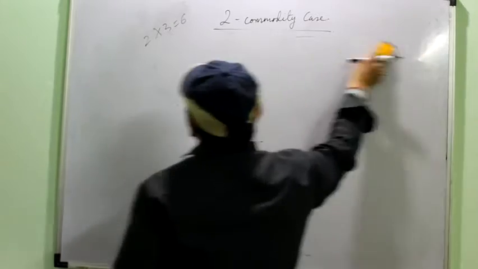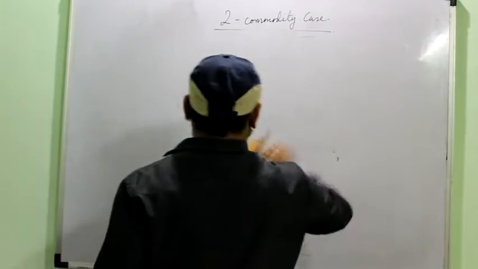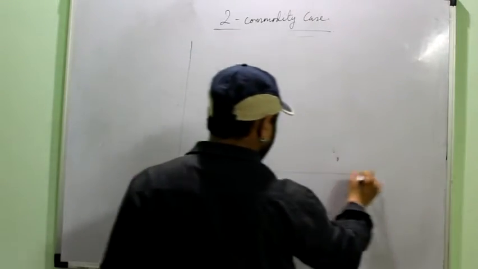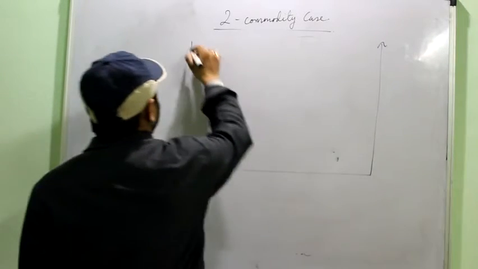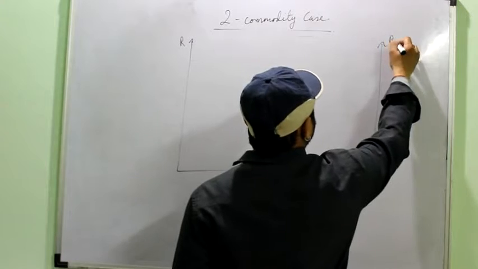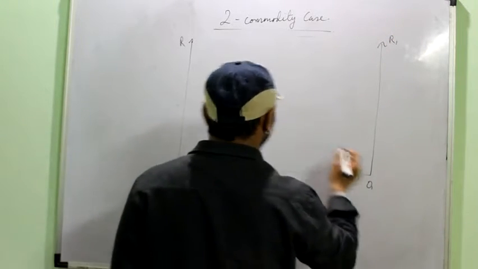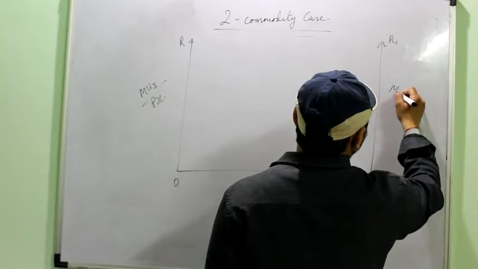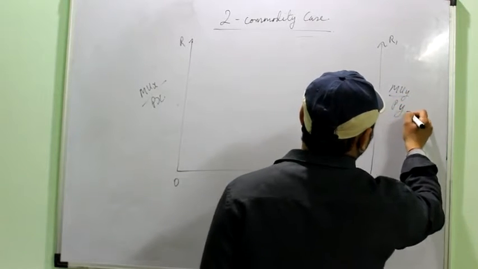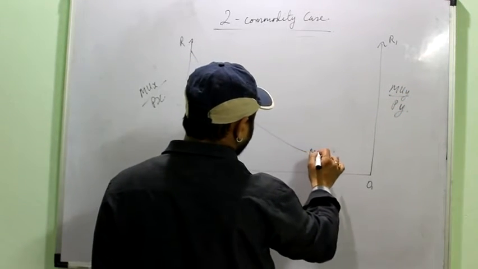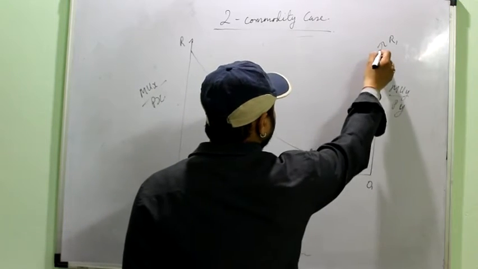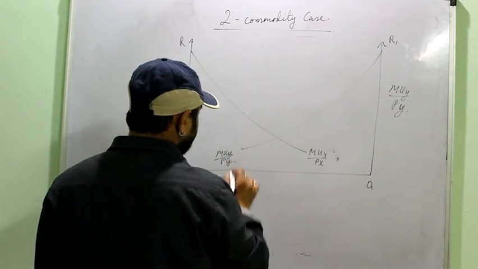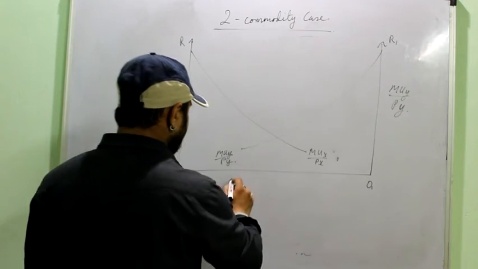Questions can be framed from here. Then if we look at it diagrammatically, on one axis I show MUX upon PX, and on the other axis I show MUY upon PY. See, both of them would be decreasing. They would be decreasing because of the law of DMU. You must understand that the law of DMU states that the marginal utility goes on diminishing. On this axis I have